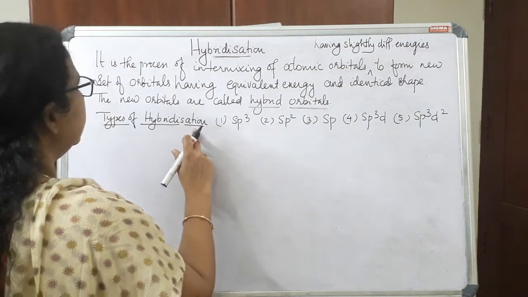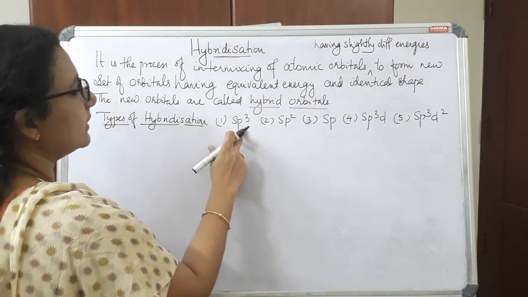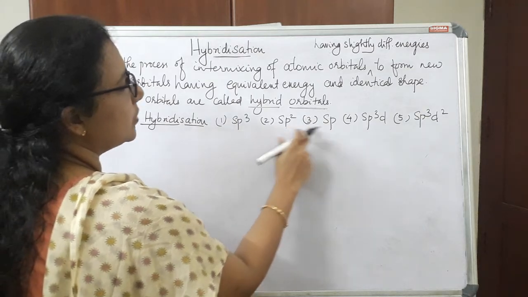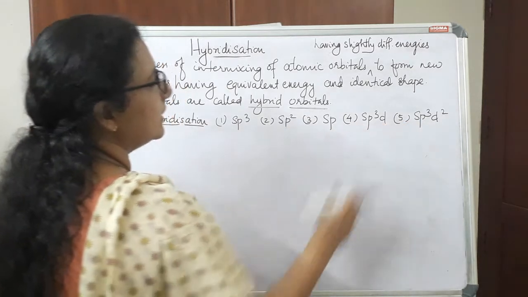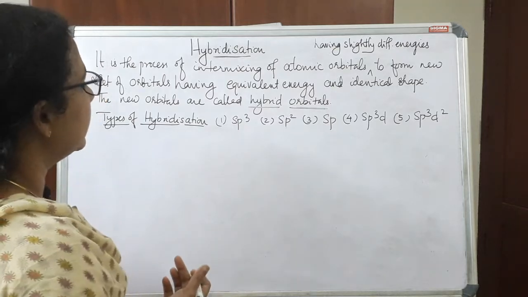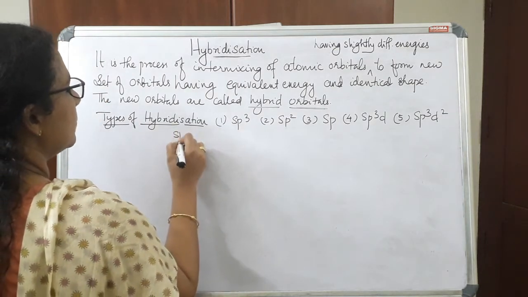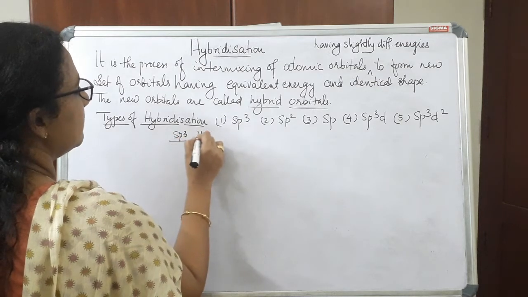So let's see what the types of hybridization are. Different types of hybridization are there: sp3, sp2, sp, sp3d, sp3d2. Let us explain sp3 hybridization first. So sp3 hybridization means